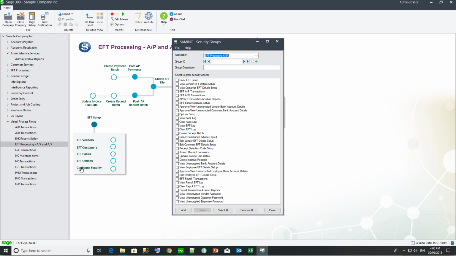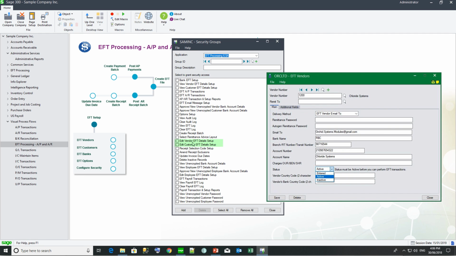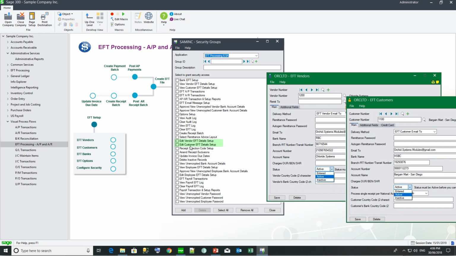You set the EFT security groups in the same place as you do with all the Sage 300 core modules. And most of these groups are self-explanatory. The two I'm going to call out are the Edit Vendor EFT Details Setup and Edit Customer EFT Details Setup, and the Approve. With the Edit, you are able to create and amend vendor and customer EFT details, but when